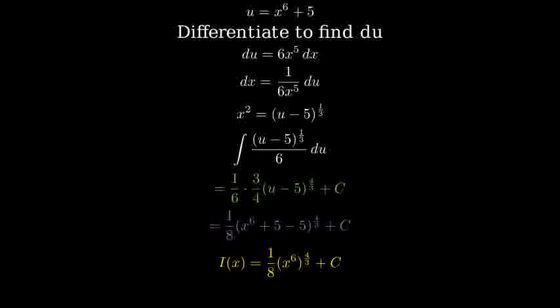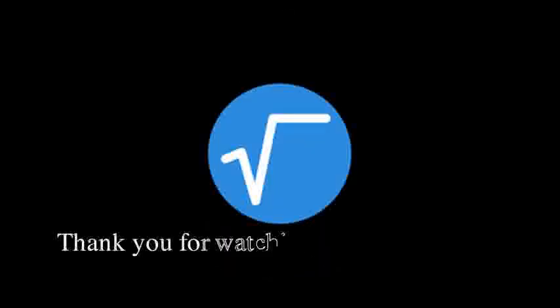We're ready to integrate in terms of u. The integral of (u minus 5) to the power of a third is 2/3 times (u minus 5) to the power of 4/3 plus our constant. Our final step